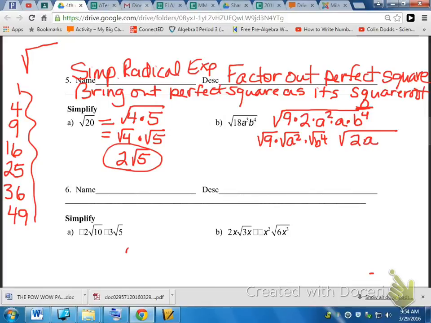And you don't have to write a dot in front of there. So what's square root of 9? 3. What's square root of a squared? Square root of b to the 4th? Okay, and then 2a is still inside the radical sign. That is your answer. We need to do some more of these. I hope we can. Because I want to get